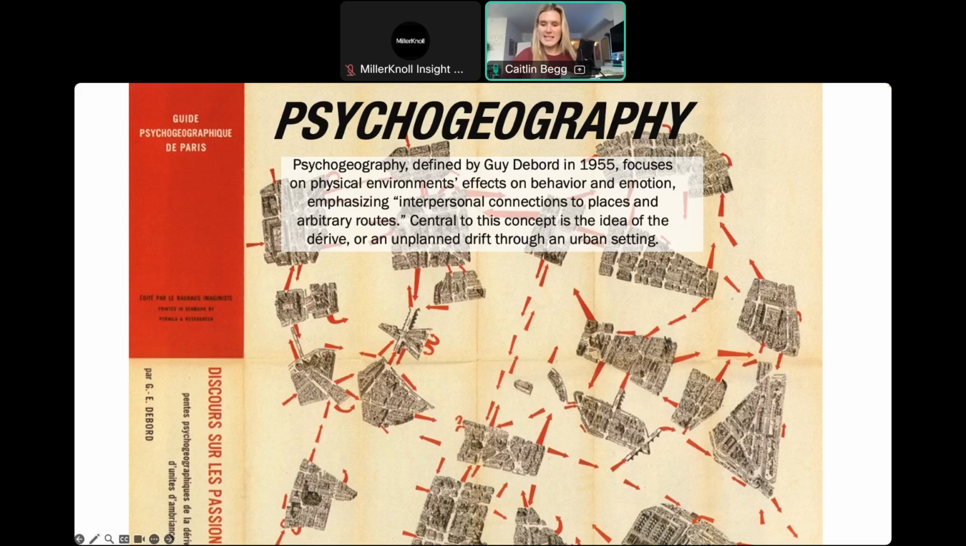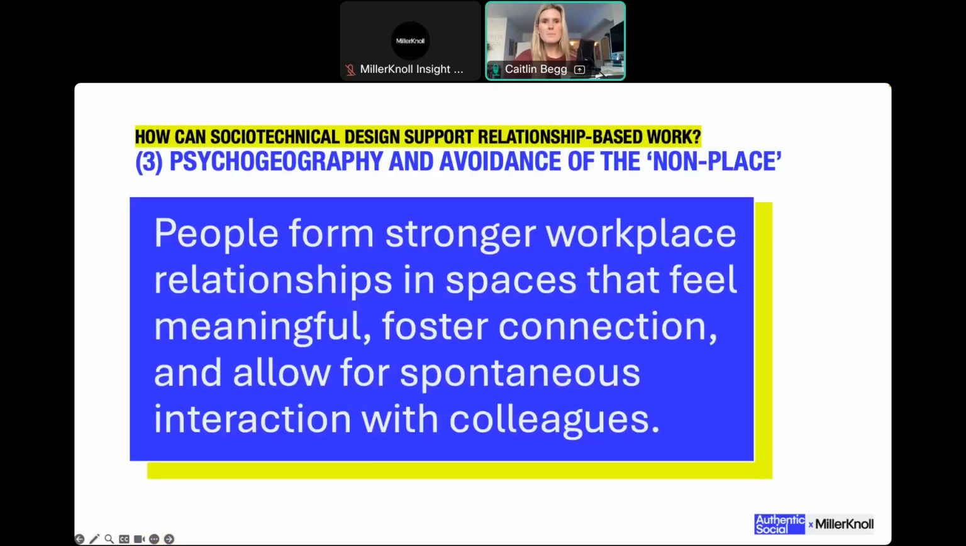So you're getting on the meetings, and after the meetings, you're not able to then share, this might not be going well. You want to create opportunities for people to feel comfortable in this place, comfortable in the conversation, and that they can participate in that type of dialogue. And with this, people form stronger workplace relationships in spaces that feel meaningful, that foster connection, and that allow for